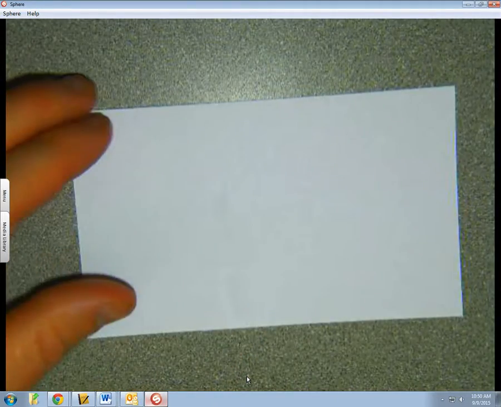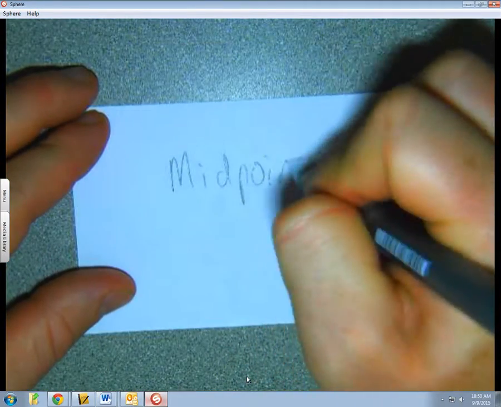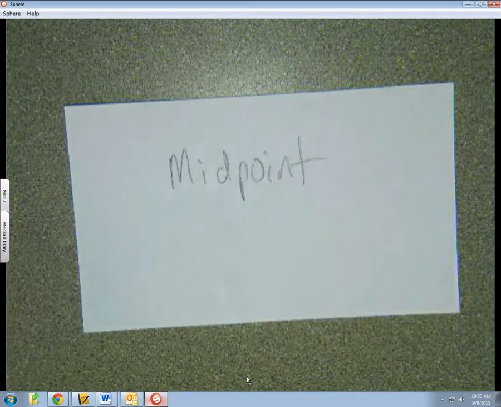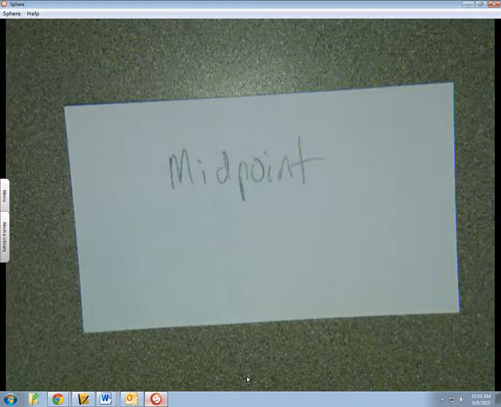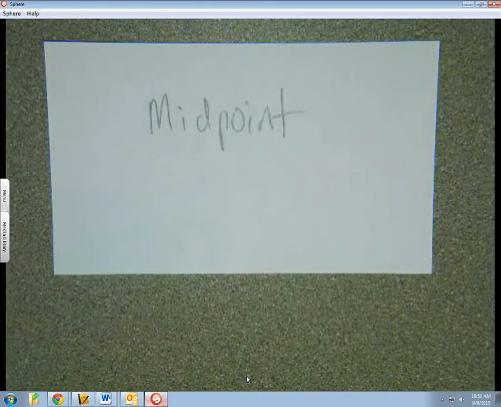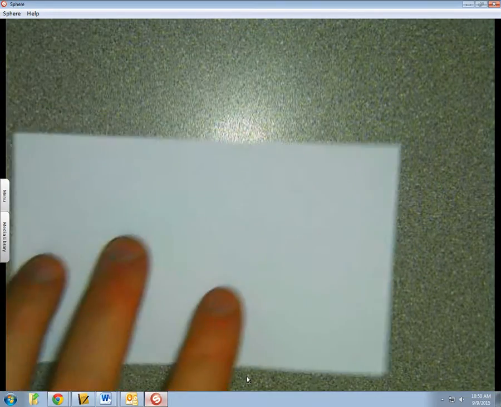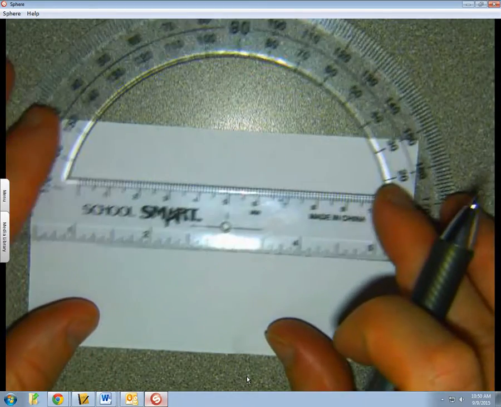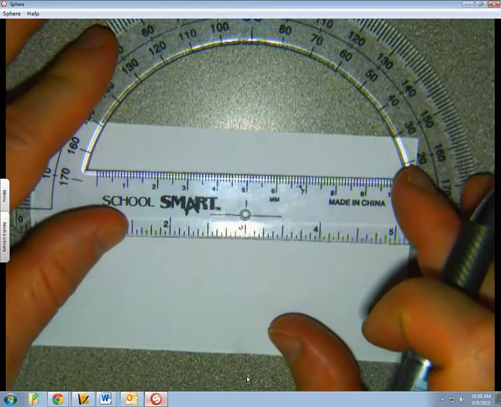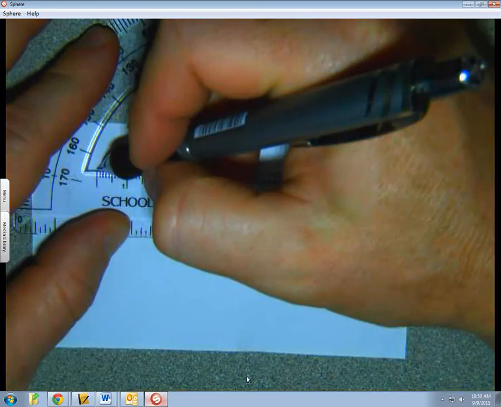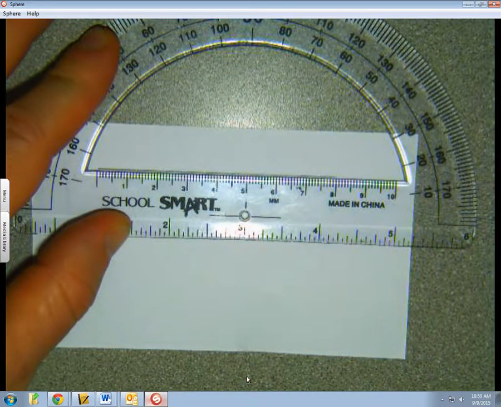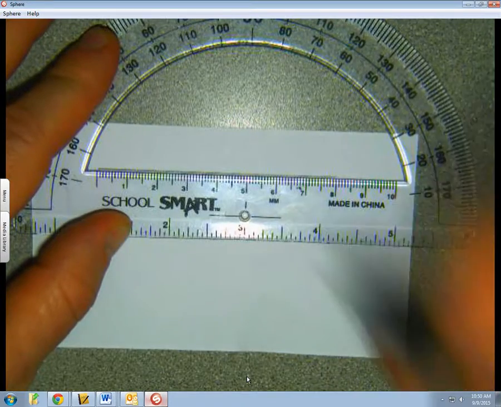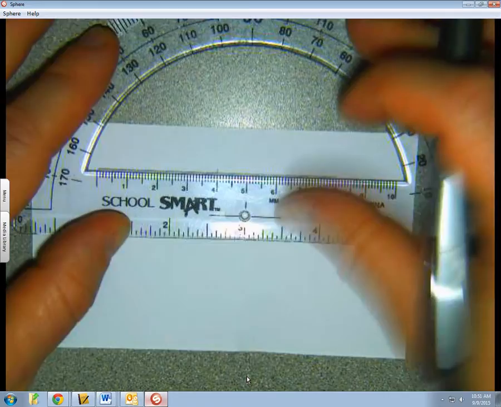midpoint. And for midpoint, let's draw an example. And this time I'm going to use centimeters. I could use inches just to keep you on your toes, and I'll draw one that is 8 centimeters long, an even number just to keep it simple. And if it's 8, that means 4 would be right in the middle. So let's go ahead and label